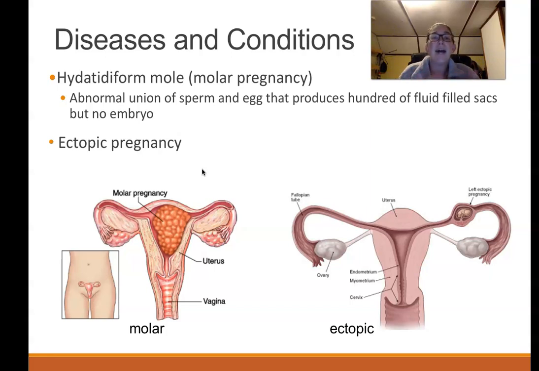They divide, but they're not dividing and differentiating into different cells and becoming a fetus. They're basically just dividing and becoming a bigger and bigger ball of cells, just a mass of cells. But they do produce HCG, human chorionic gonadotropin, so they will result in a positive pregnancy test,